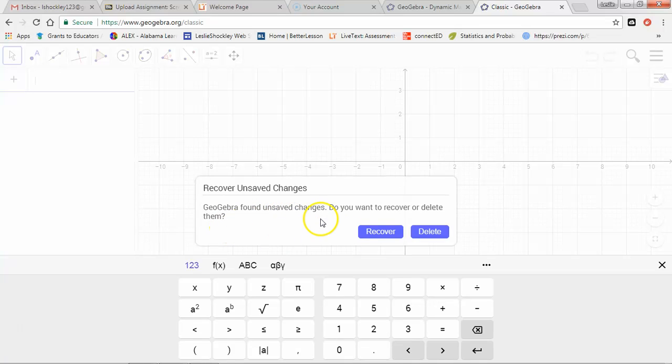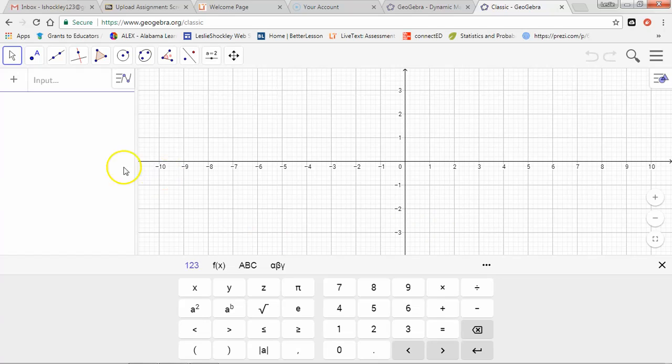Let's see, Geogebra has found some unsaved changes. I do not want to recover those. That's where I was playing with it earlier. So it will actually recover something. So if you were using it for something and forgot to save it, or needed to pull that back up again, you could. First, I want to graph